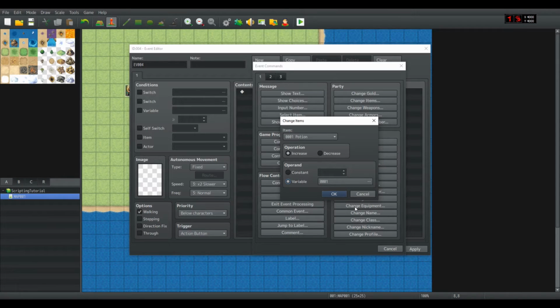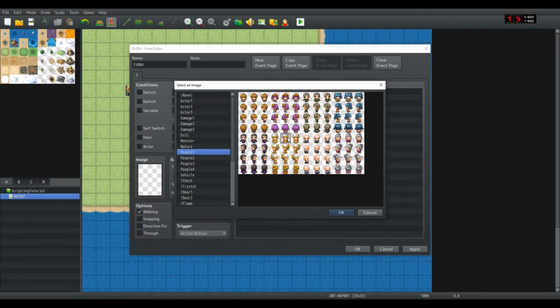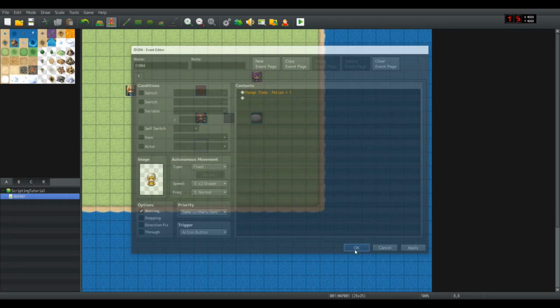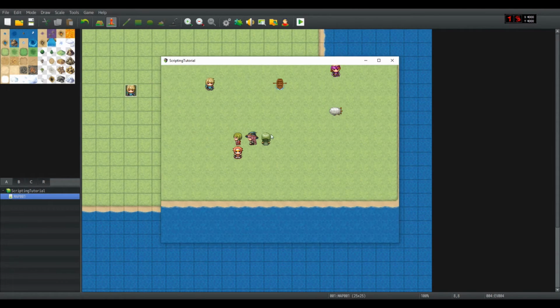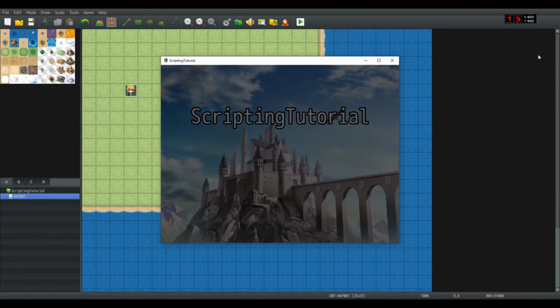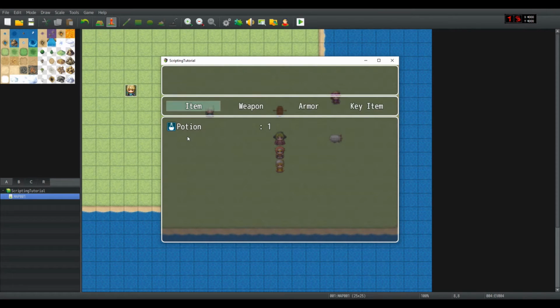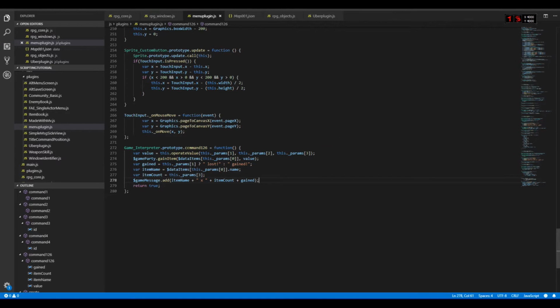If we create an event here, some beautiful lady, and let's gain a potion. Oops, I need to close the game. And if I talk to her, I can see that I gained 1 potion, which is true. I gained 1 potion. If I want to upgrade it by adding the icon, I can do it by using the